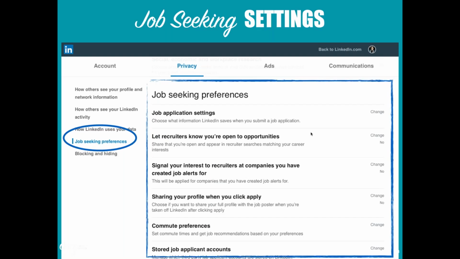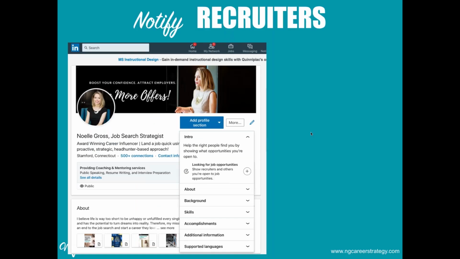The other piece of settings that I think is valuable to optimize if you're in the job search, and again, I don't have any data to prove that these work or not, but I assume they're a good alert to have if you want to tip off recruiters and other people that you are actively looking. If you go into privacy again, under job seeking preferences, you're going to see there's a whole slew of options. If you want to notify recruiters, you can do it in that section,